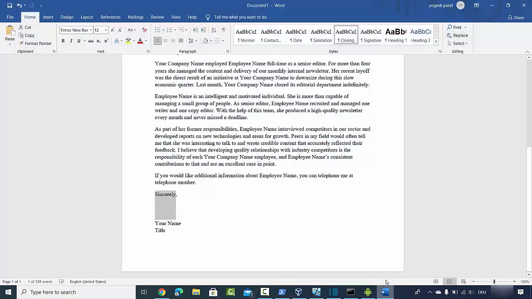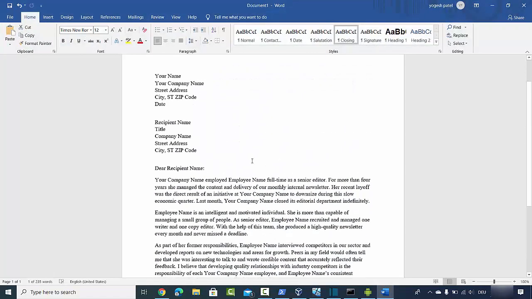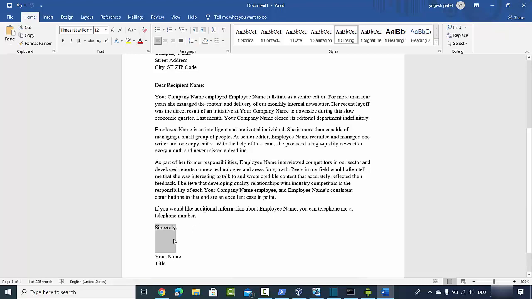So for an example, I have this contract. This is a very simple sample contract, and here I want to add my signature just above the name. Right now, the common practice is that you can print this document, sign it by hand, then scan it and upload it once again. But this process is really cumbersome and tiring, right?